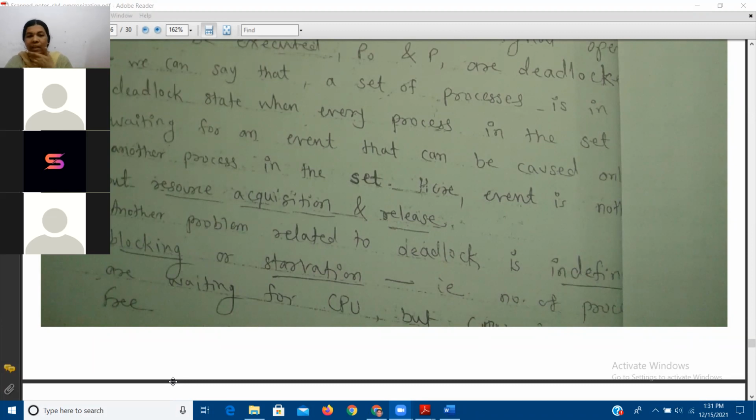So it may happen that a few may go into deadlock. In that case, we may terminate that process and once again we need to restart it, because they are going into the deadlock, infinite waiting state, blocking state.